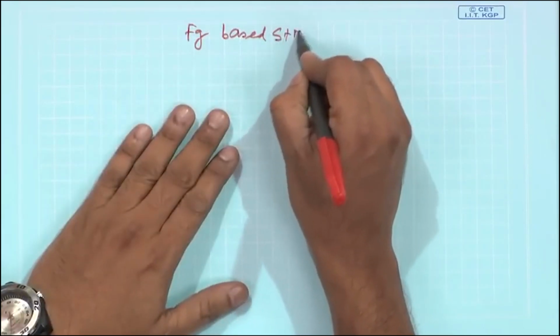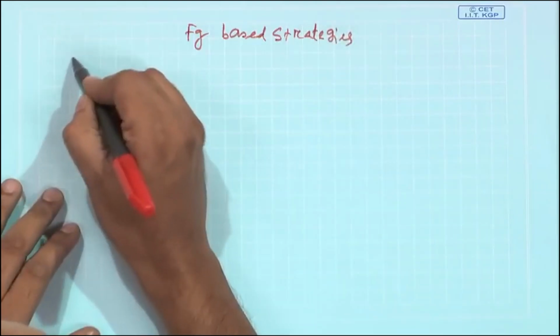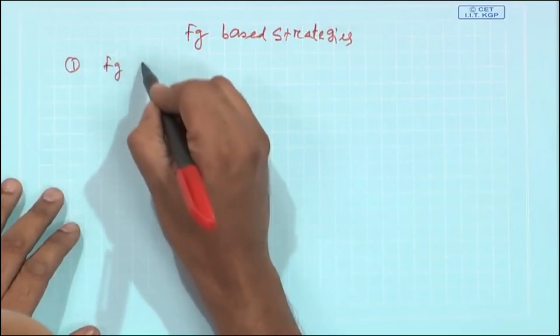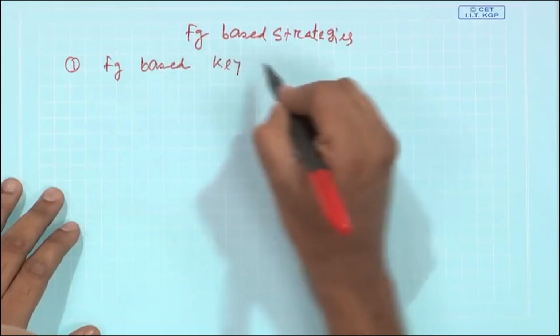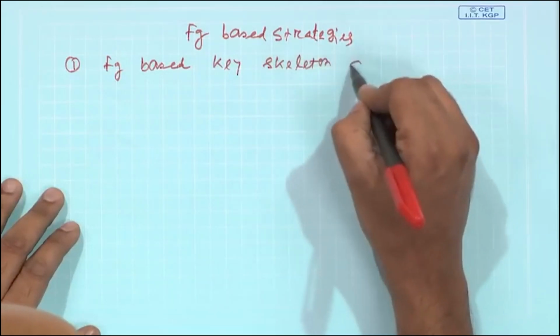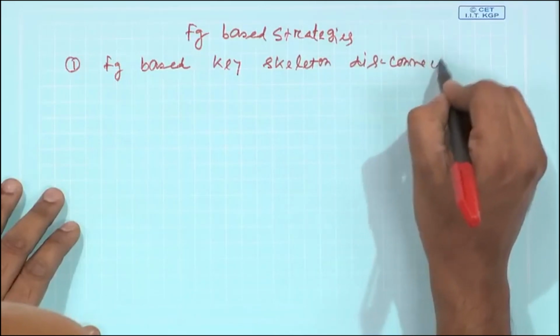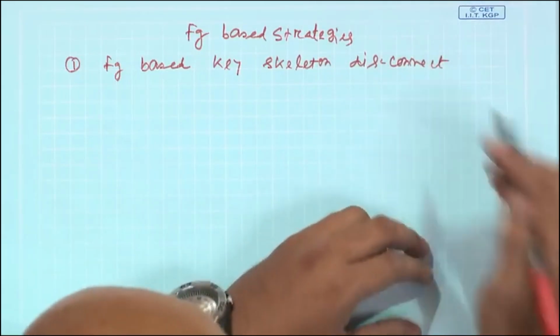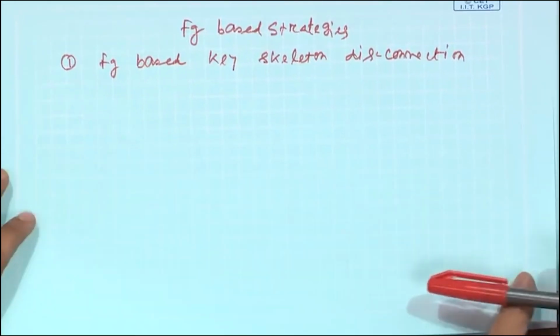If you remember, we started with point number 1, where we discussed functional group based key skeletal disconnection. That means a skeleton of a given molecule was given to you, and you have to disconnect the skeleton